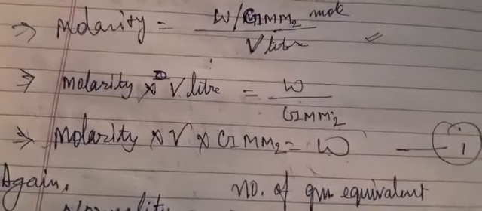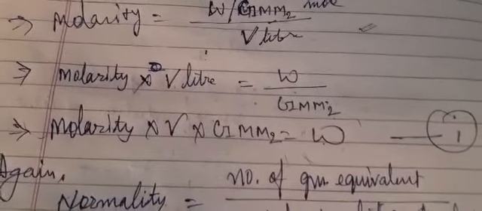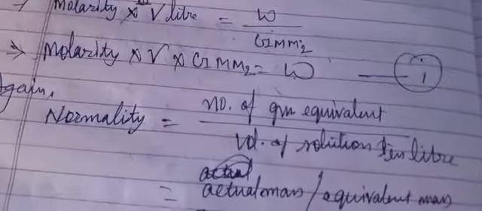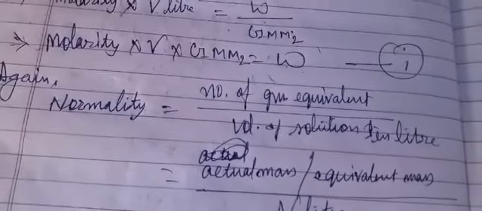The actual mass of the solid would remain the same whether you say molarity or normality. So with the help of normality also, if we are able to calculate the actual mass of the solid, then in both cases this actual mass will be equal to one another, because we are calculating the mass of the solute for the same solution, in two different ways, with the help of molarity as well as with the help of normality. Since we are using the same solution, whether you calculate with the molarity or normality, you will get the same weight. So that's why these would be equal to one another.